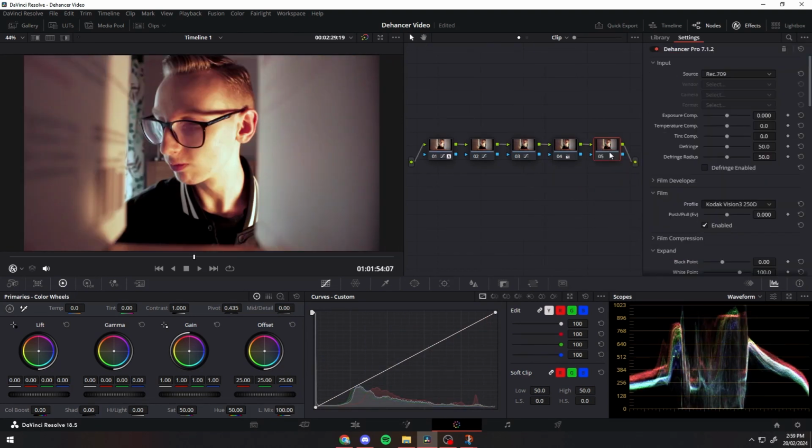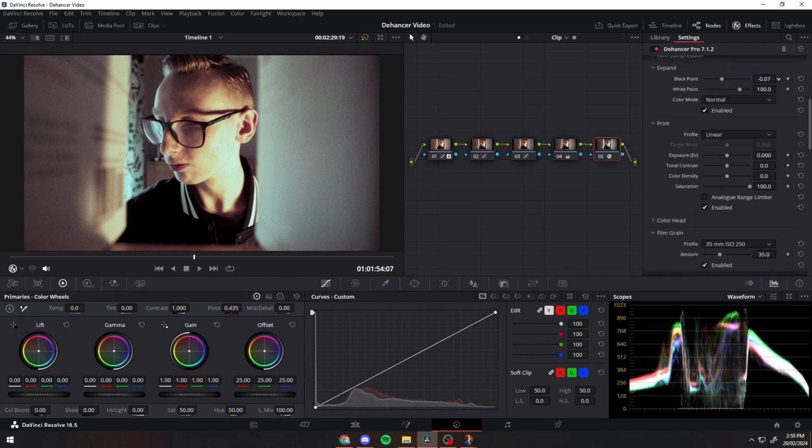Once you've applied Dehancer though, there's a ton of options. You can actually convert into Rec 709 straight in Dehancer, which is super handy. It's really easy to do that as well. I don't need to in this case, but if I did, that would be the perfect way to do it. So if we start with expand here, basically what it does is just a deeper fine tuning for your contrasts. It's just finding a balance, play around with it, find exactly what works for you, and then go off from